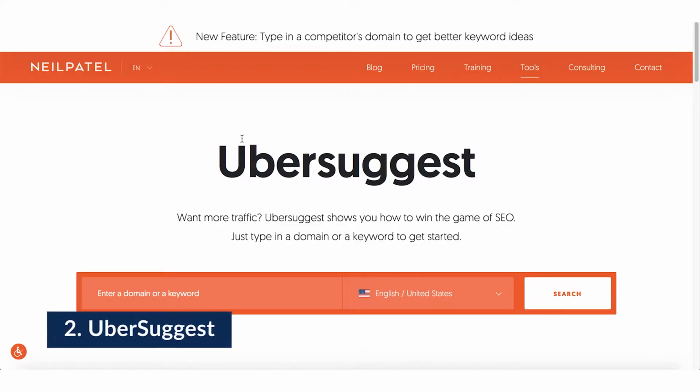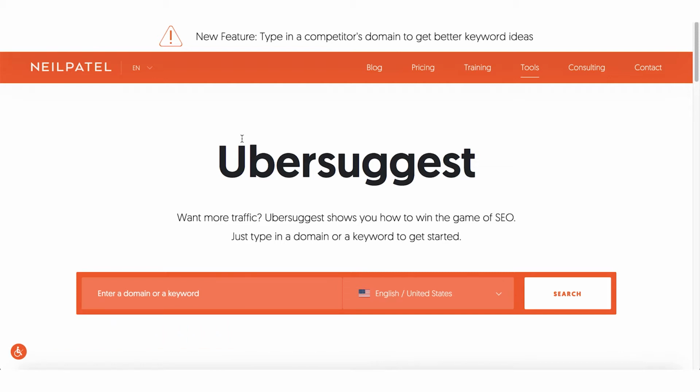The next one is Ubersuggest. All you need to do is log in with your Google account in order to check out things like the volume and the competition scores for keywords. That being said, I personally don't use it just because I don't really like the permissions that you have to give away to your analytics in order to use the platform, but it is a totally free platform for now.